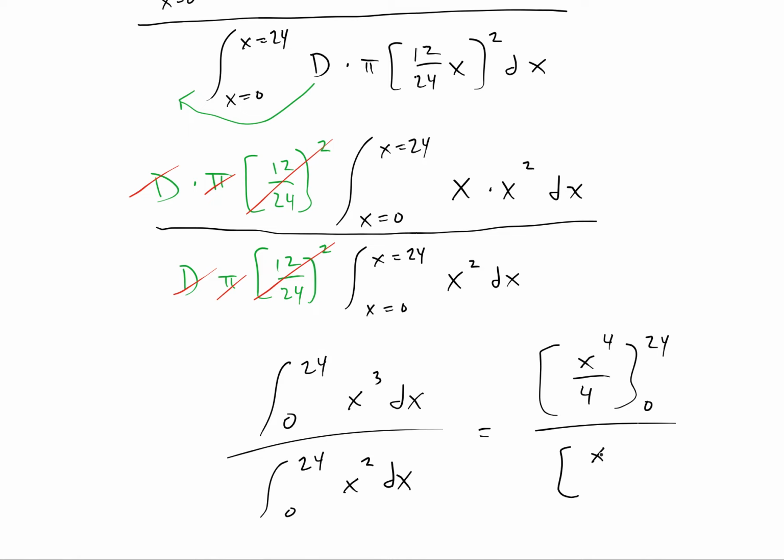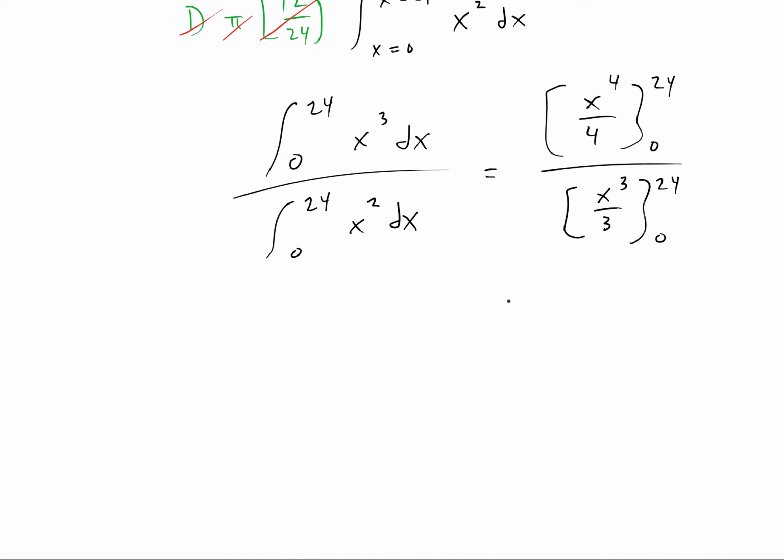Down here, we'll get x cubed over 3 from 0 to 24. So that's going to be 24 to the 4 over 4, over 24 to the 3 over 3. And if we flip that around, we'll see that